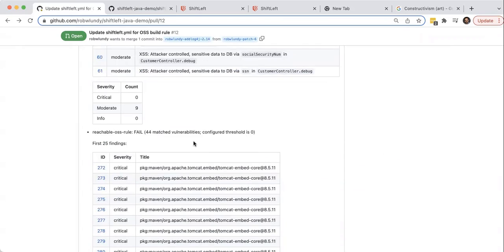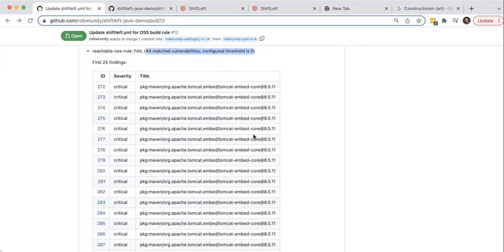The second rule has failed as well. Our threshold was 0, but the Java demo app that we're scanning here has 44 attackable open source vulnerabilities. These vulnerabilities are particularly strong evidence that there is real risk in the build. Attacker reachable open source vulnerabilities include known CVEs and the evidence of a data flow that connects the package to an attacker controlled input. Anybody with access to the pull request can click into a finding to see why the